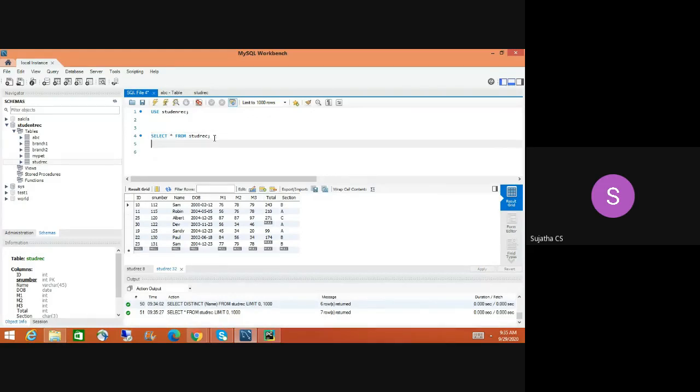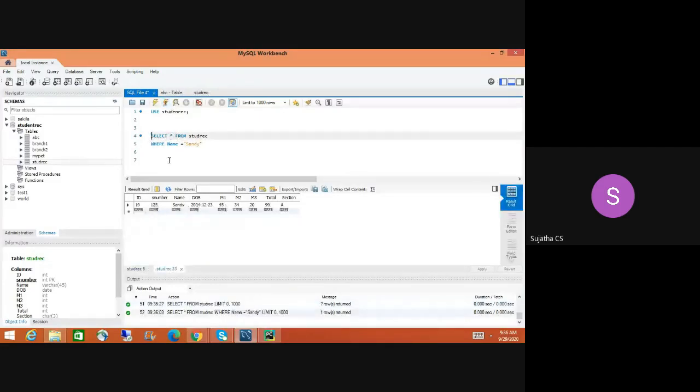Now select star from student record where, very simple logic, name equal to, you can say any name. Sandy. Sandy means it will show Sandy's entire detail because we passed star. So we will get only Sandy's record.